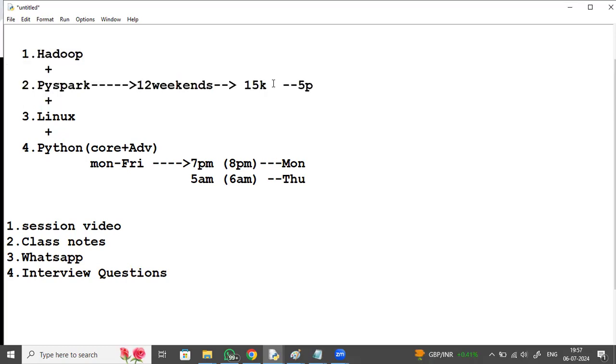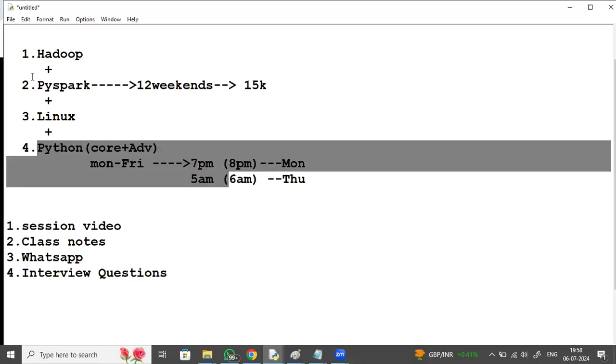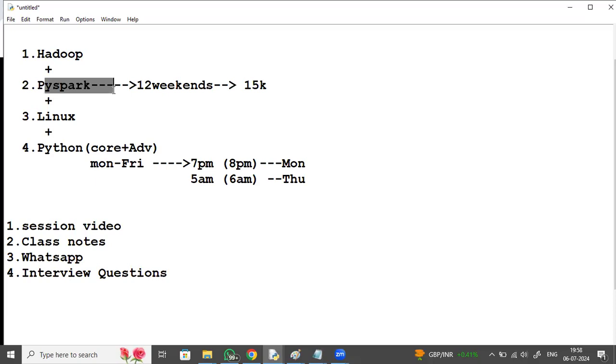Today there was a demo on PySpark at 5 p.m. Tomorrow you can attend at 5 p.m. There is a PySpark batch available. So I think I will attend those two batches, Python and PySpark. Yes, you can attend Python and PySpark, that is also fine. PySpark at 5 o'clock on the weekends. This one is on the weekdays. You can attend.